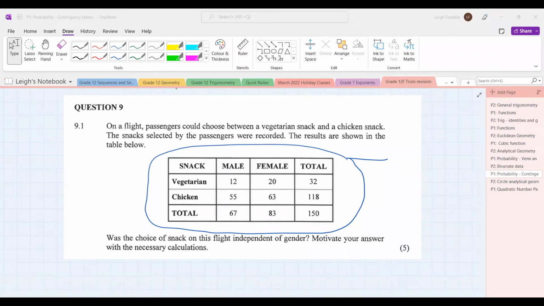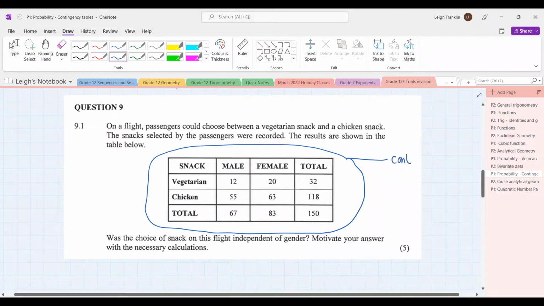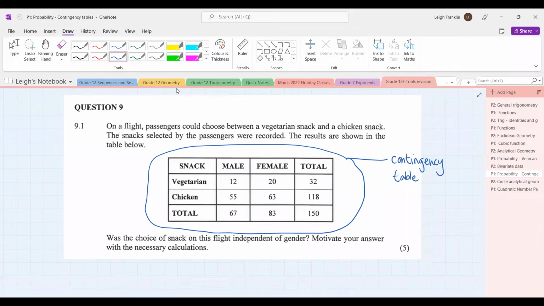Okay. It's called a contingency table. There's another word for it as well. Does anybody know what the other word is for it? Oyama, what did you want to say? Yep, contingency table is correct. What else do we refer to it as? The next word is not really a very sophisticated one. It's a two-way table. Okay, and the reason why we call it a two-way table is because there's two different things that we